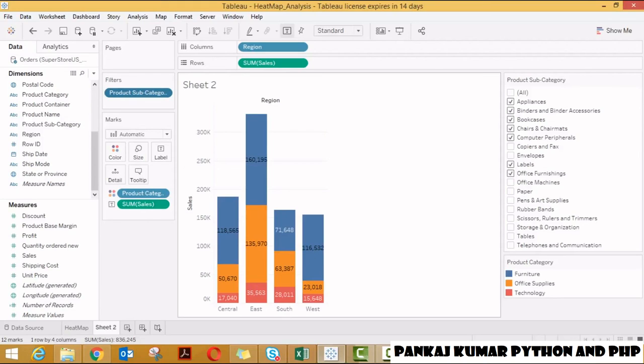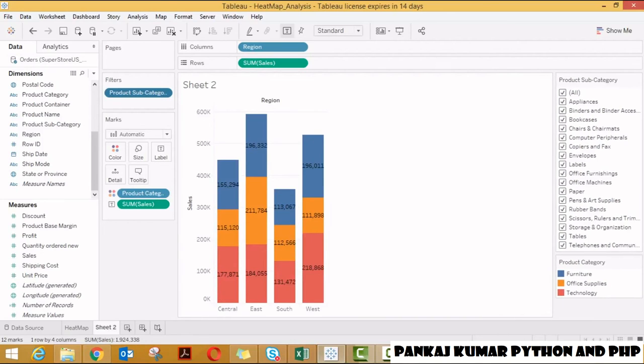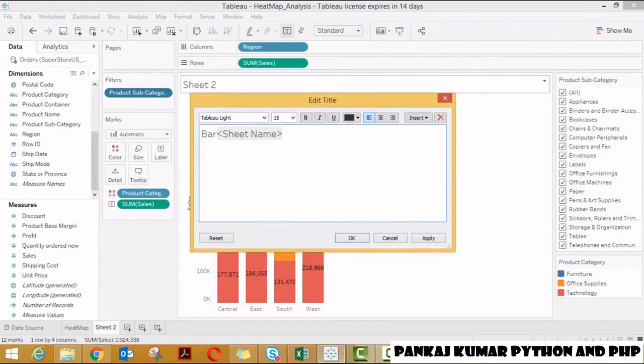Now we have created another worksheet. Let me change the sheet name: edit title, bar graph for sales analysis.